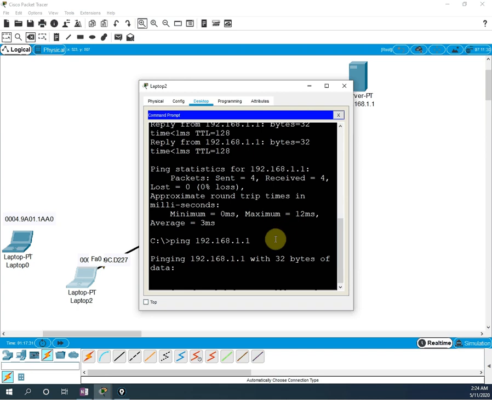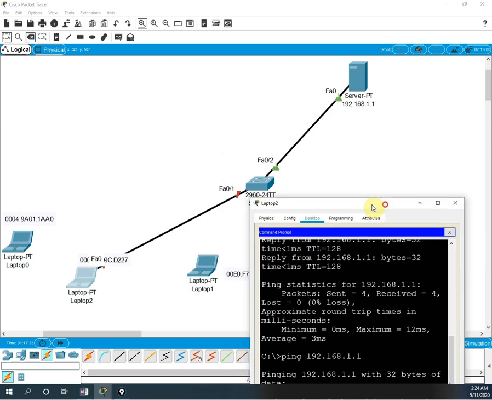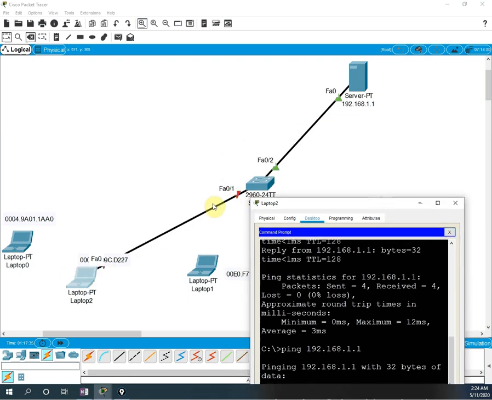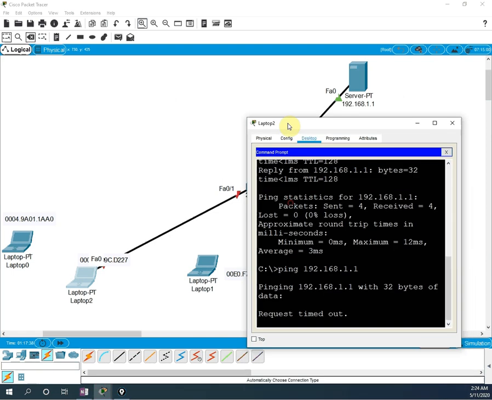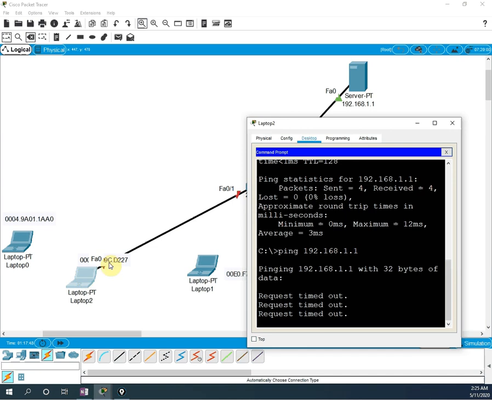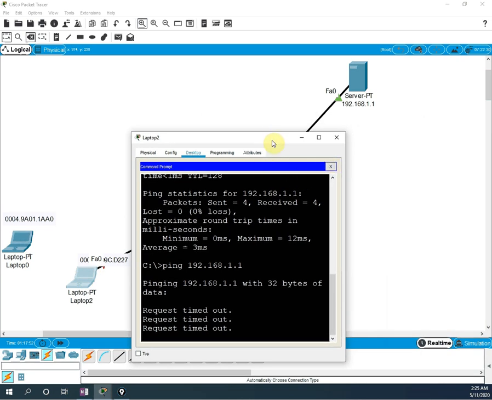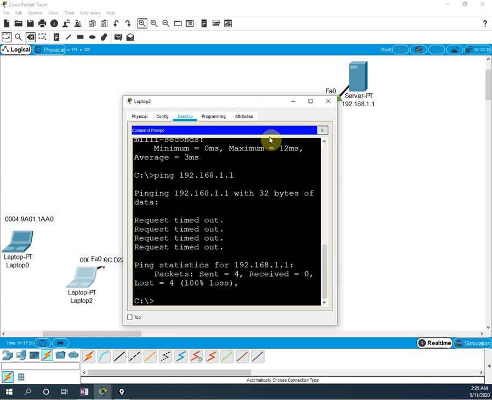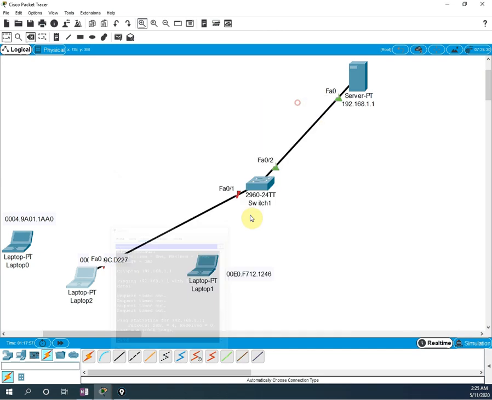I will go into the command prompt, and I am going to ping. Okay, so now I am pinging. When I start pinging, see here, this port becomes red. Okay, so this port is down and you will not get any reply. This is another guy who is not authorized to use this port. He came with a different MAC address, so our switch is not allowing it, because that MAC address is different from the MAC address present in this switch.